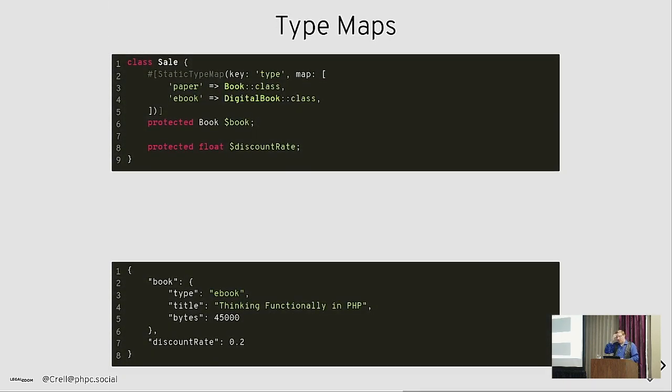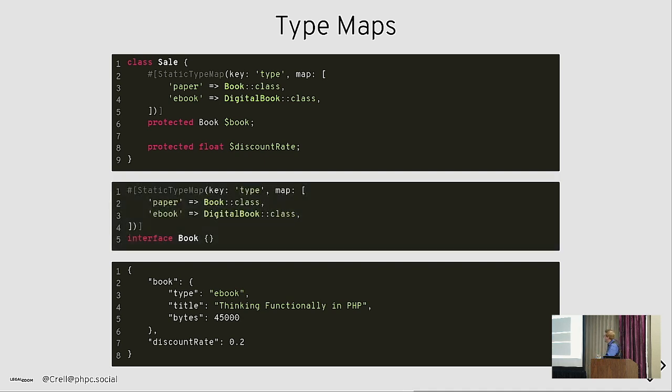More typically, you can create a static type map where you just specify a mapping list yourself. If it's, sorry, a paper book, then that says paper. If it's a digital book, it gets called an ebook. And so we get ebook in our output. But you can also specify this map on the interface itself. That's something attribute utils gives us. We can traverse the class structure to find the right map to use.